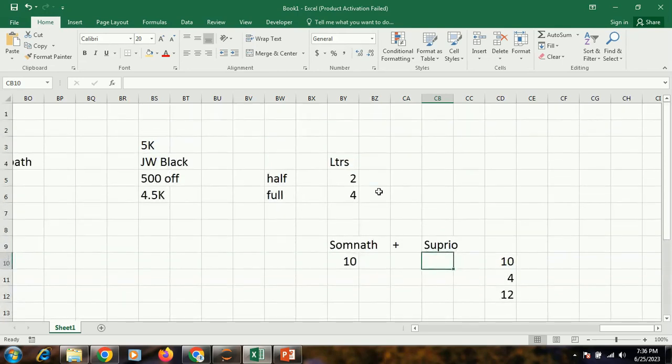But when I talked about 2 liters of paint and 4 liters of paint, we never had this type of confusion, because what 2 liters of paint will do, 4 liters will do exactly double of it. But when we are talking about human beings, they are not like liters of paint. They are all different from each other. That's why we just cannot say that if Somnath can do it alone in 10 days, both of them together will do it in 5 days. We cannot say that. They are all different.